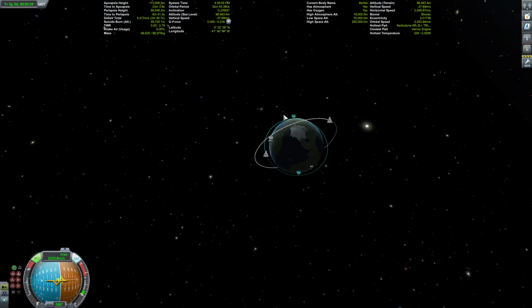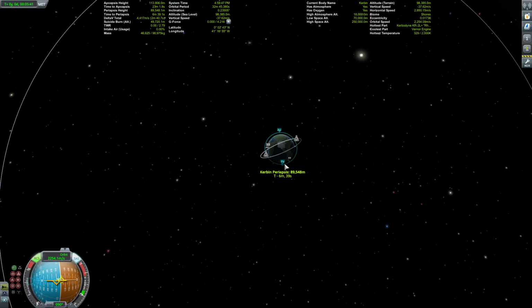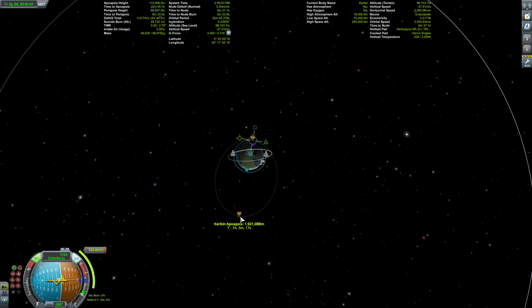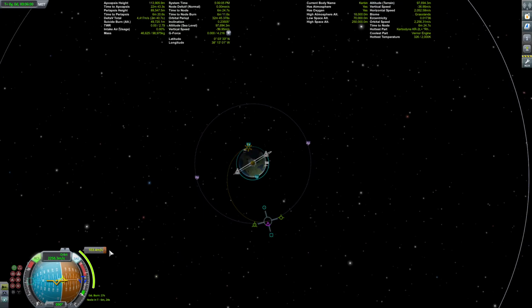And then if you want to get even higher in orbit, I recommend getting to a low orbit. And then you can add a maneuver at periapsis. And then you can burn to a certain height. And then at that height, you add another maneuver and burn prograde. And then you'll circularize the orbit like that. And that's just a way to get into orbit at a higher point.